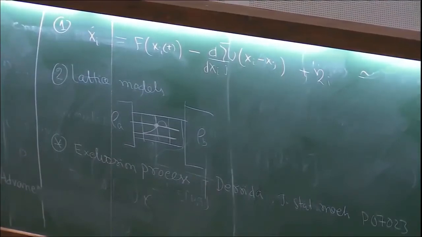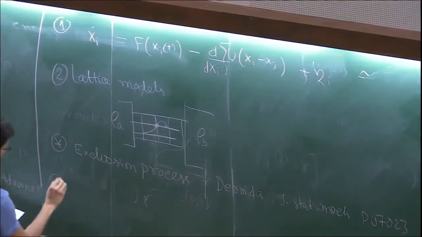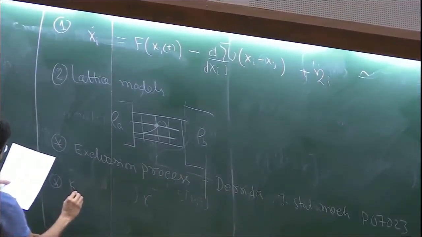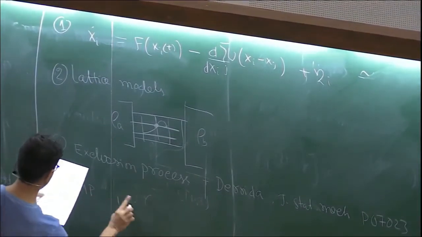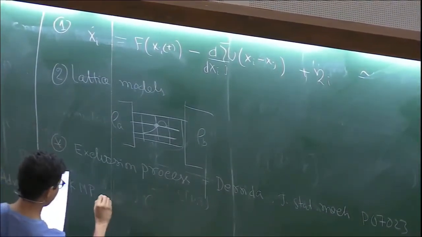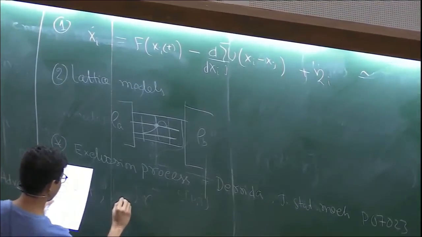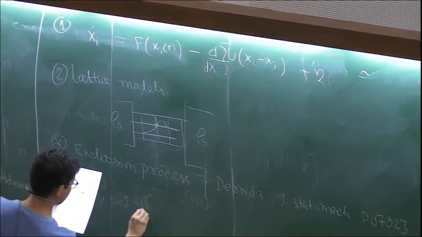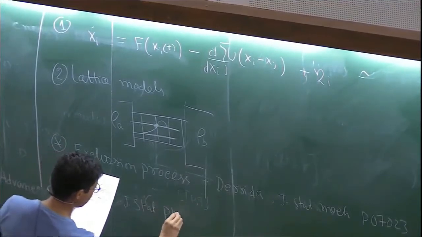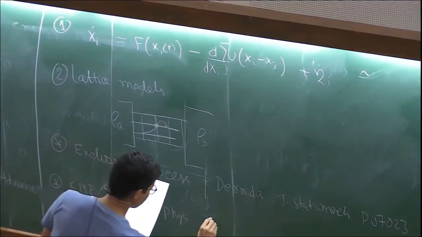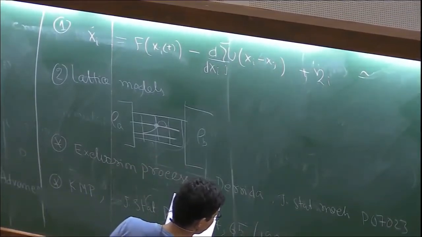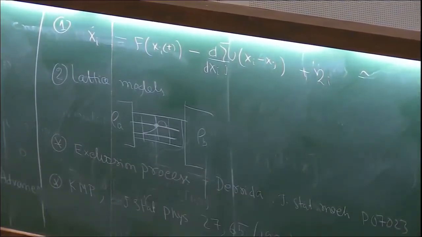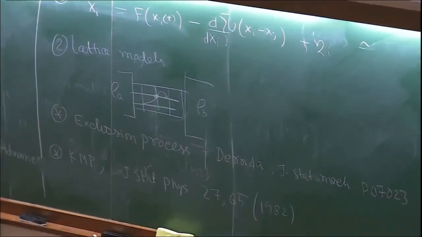So these are the kinds of models that you want to study, and there is also another model of heat conduction called the KMP model. You can look at the first paper in J. Stat. Phys. 27, 65, 1982. So these are the kinds of problems I have in mind,